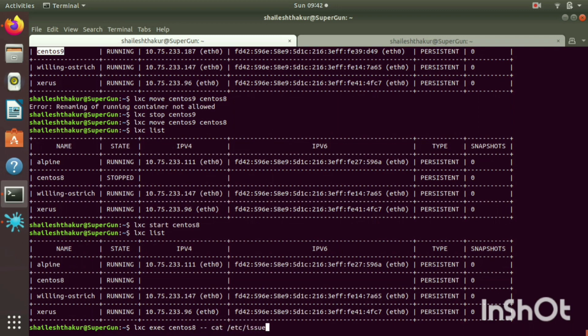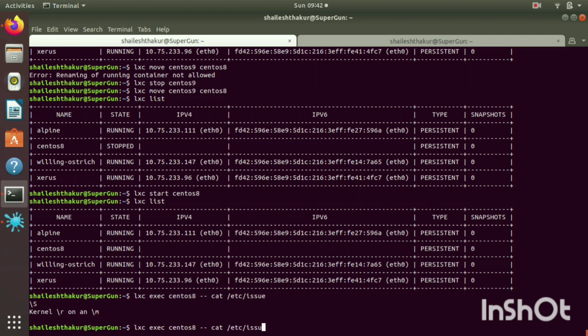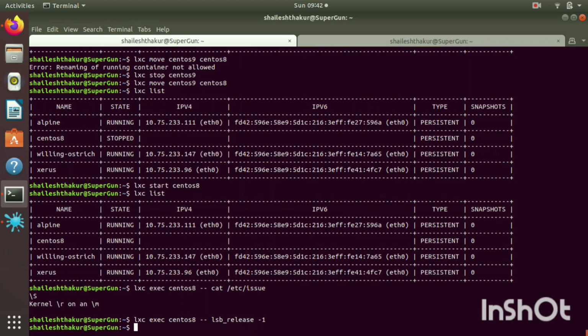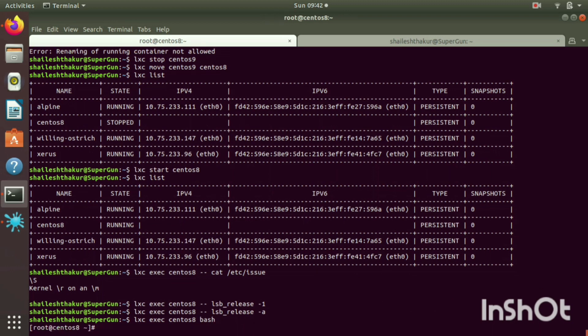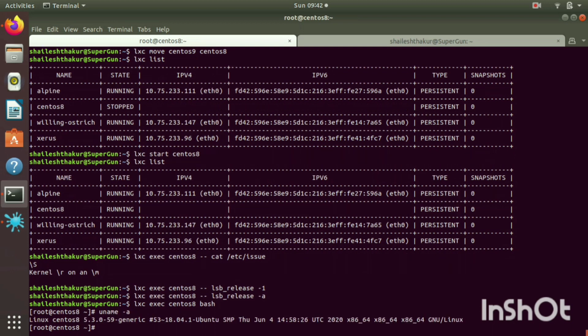Now let's check if we have the correct version. So cat /etc/issue is not helping in this case. lsb_release -a is also not returning anything over here. Okay, let's go inside this container. And let's try to find out where. uname -a is giving something from your host system.